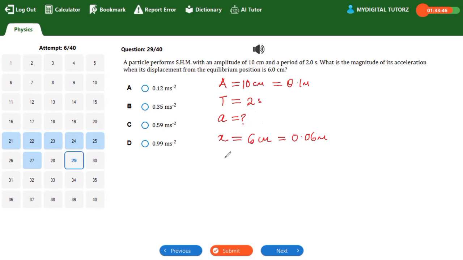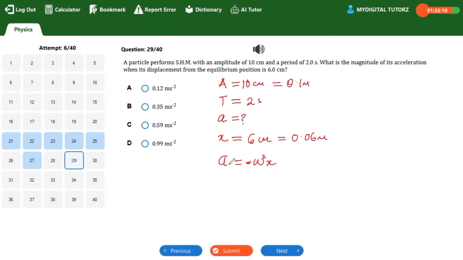So the inward acceleration of a simple harmonic motion is given by a equal to negative omega squared x. This is one of the characteristics of a simple harmonic motion, that the acceleration is always directed inward and always proportional to the displacement, right? So the negative shows that it is always inward and always in the opposite direction to that of the